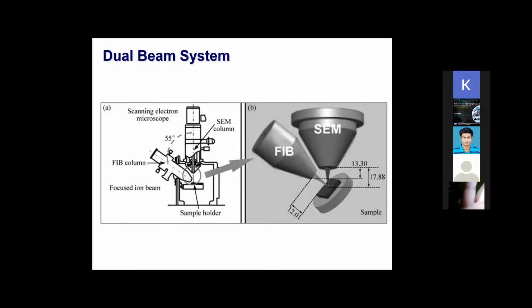So you can have a tilted view. While you are doing the cutting or deposition using the ion beam, you will get a tilted view in the SEM system. So that correction you can do. That means you can do a correction in situ and take a top view also, or sometimes if you want to have a cross-sectional view, then this will have a benefit.